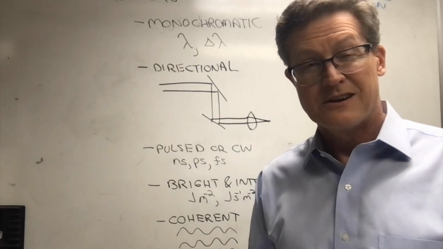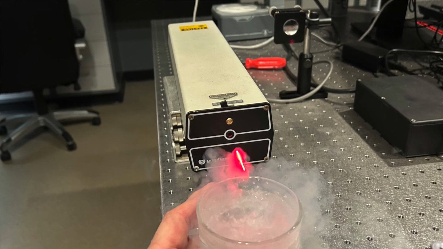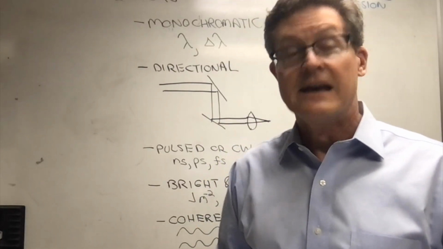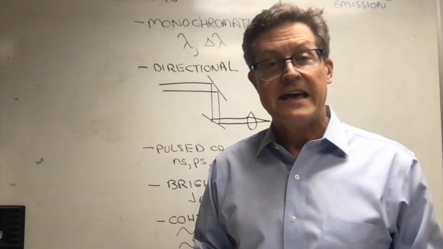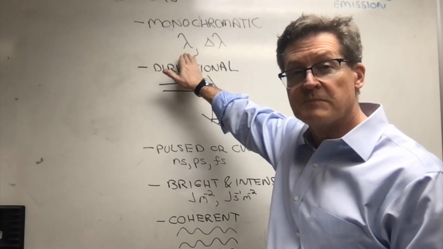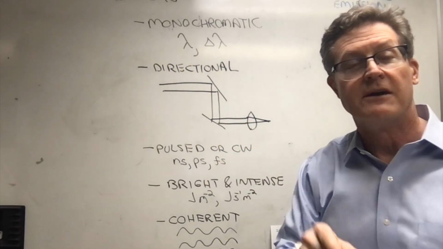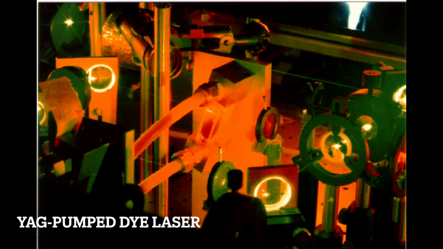Then, shortly after, a year later, they had the first CW laser. It was a HeNe, helium neon laser. That's a gas laser. So we see we can use different phases for lasers, right? That was used for the first laser-induced fluorescence experiment by Zare and co-workers. So that was one of its first applications to chemistry. Then, though, what really was important, because what we'd like to do is tune this wavelength to do spectroscopy, and that tunability came about with the invention of dye lasers by Mary Spaeth, Peter Sorokin, and Fritz Schäfer as well. They, working independently, discovered the dye laser, and the dye laser is tunable, so very good for spectroscopy.